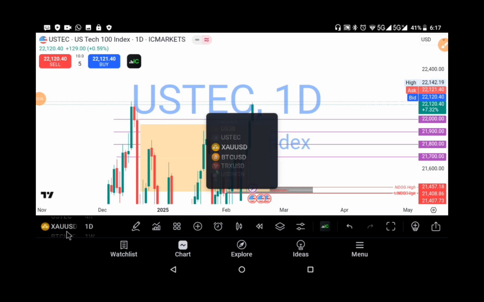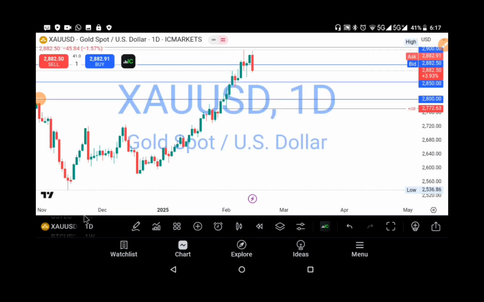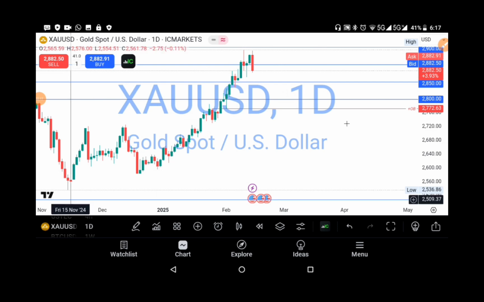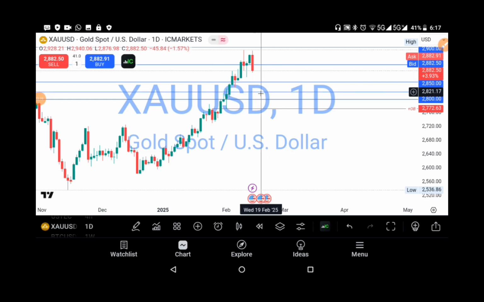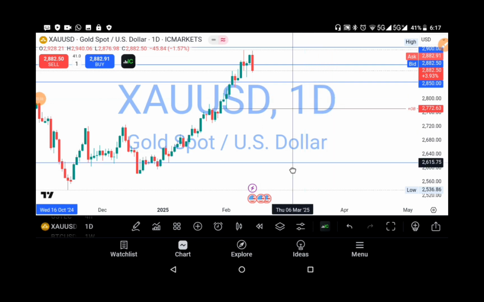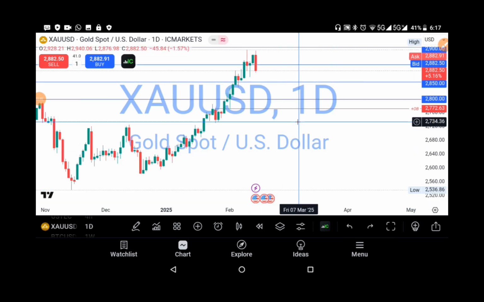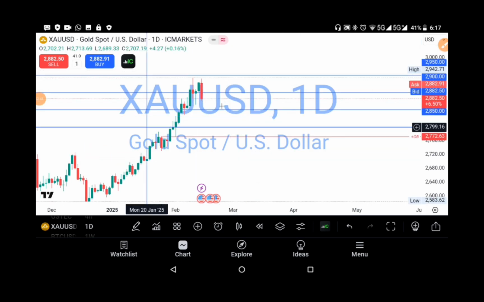Let's go to gold. And gold, last week I was interested in gold moving towards 2,900, but 2,900 keeps falling short of some movement. So as long as 2,800 remains a support to the price, then I'll still be interested in